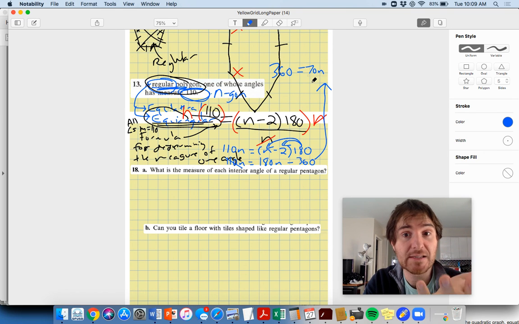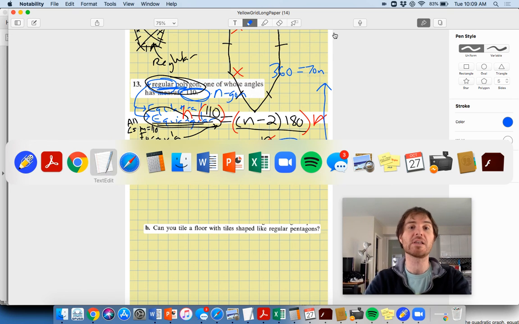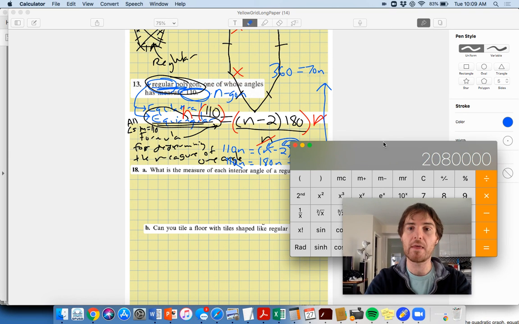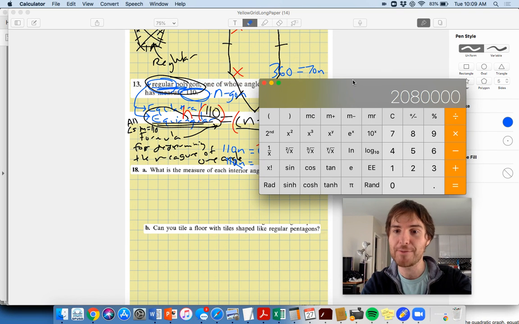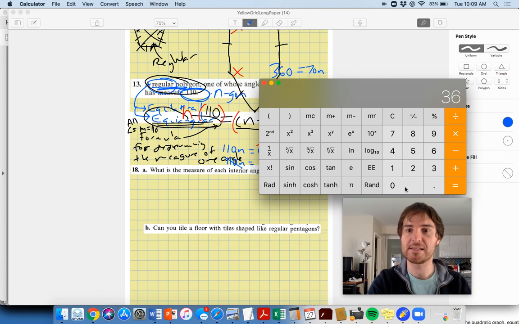What's the number of sides? I got to divide both sides by what? I got to divide both sides by 70. And let's see what happens when that happens. Guys, what's 36 divided by 7? Does 7 go into 36? Let's see here. Well, we have 360 divided by 70. And I get